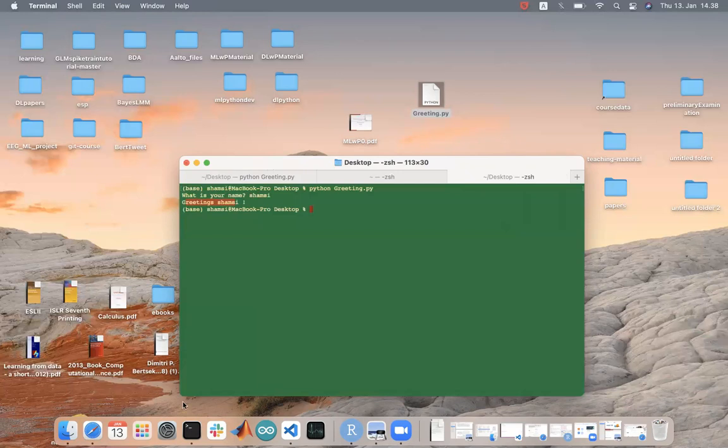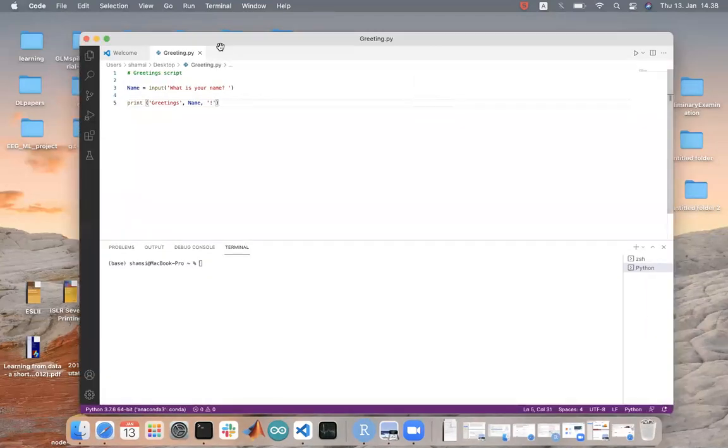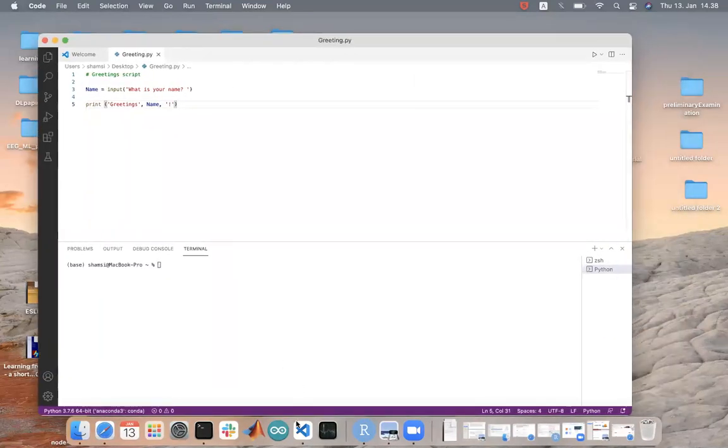Then you have an option to use some IDE, which are fancier than just a plain text file. For example, here I have Visual Studio Code. Immediately you can notice a difference because the different words are highlighted with a different color.